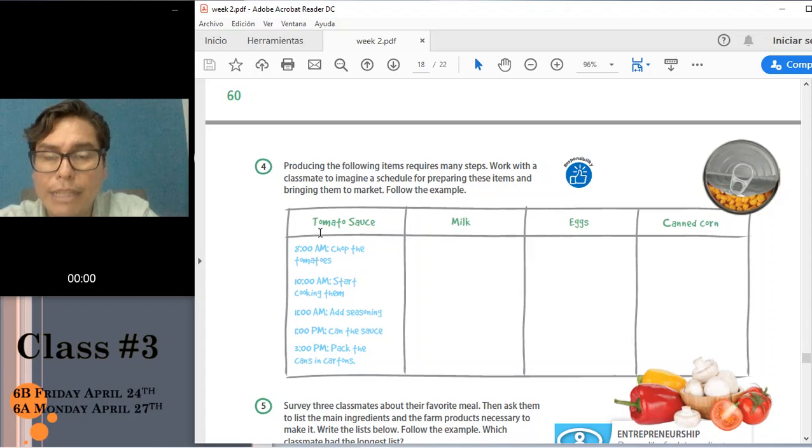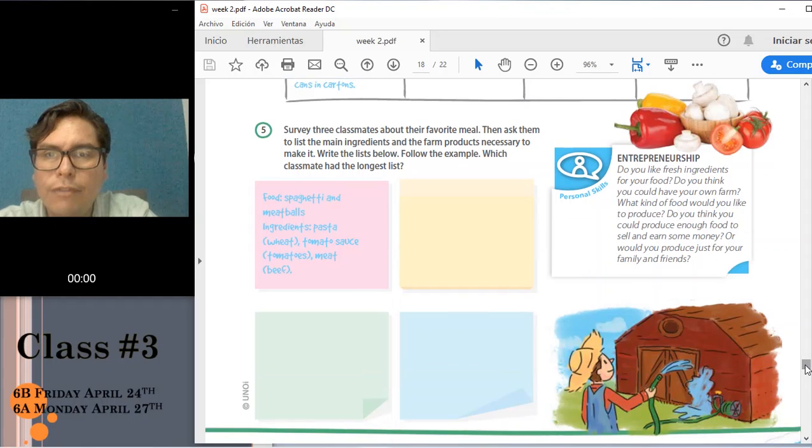For example, it says tomato sauce, 8 a.m. chop the tomatoes, 10 start cooking them, 11 a.m. add seasoning, 1 p.m. can the sauce, so put it in a can, 3 p.m. pack the cans in cartons. What process do you think it takes to get milk, eggs, and canned corn? Okay, please try to write 3 schedules with 3 different activities in each one.